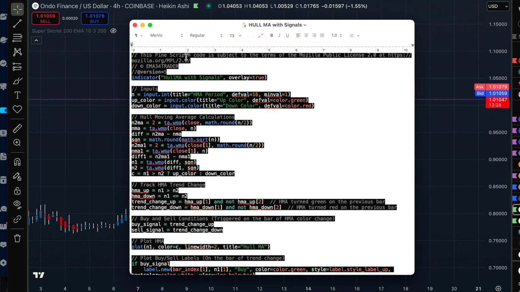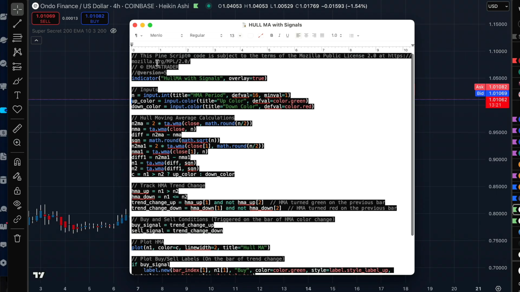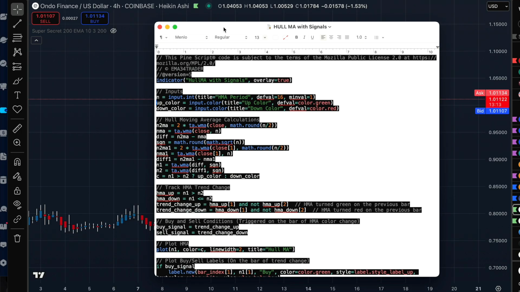The text editor is going to look like this. So you want to make sure that you go ahead and copy all of this code. You can either drag over and copy, or copy and paste, whatever way you want to do it. But essentially you need to just copy the code. So once you've got the code copied,